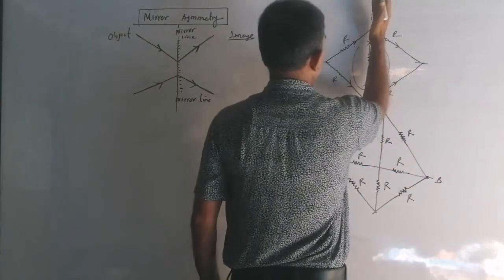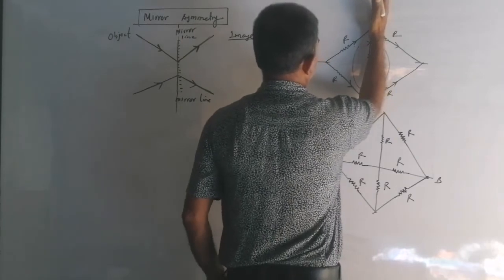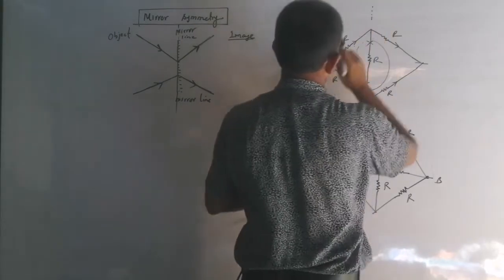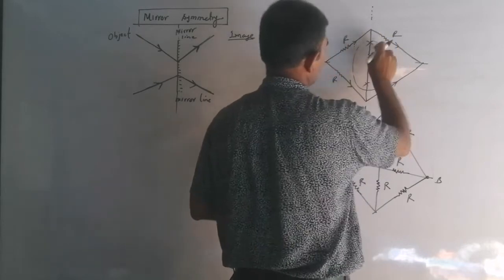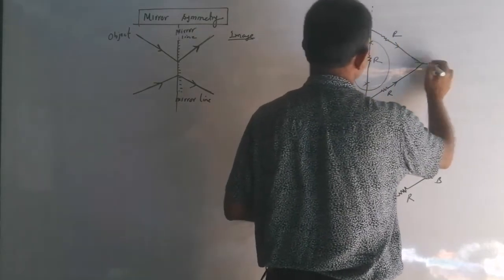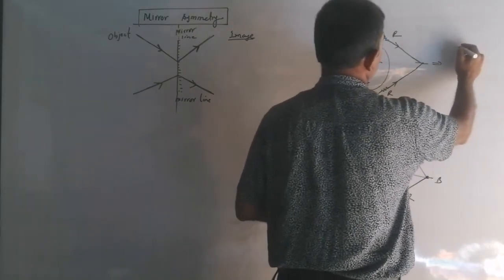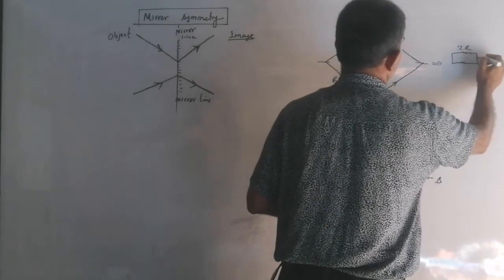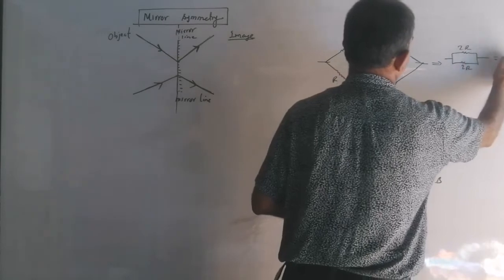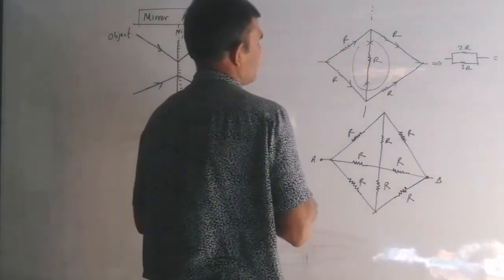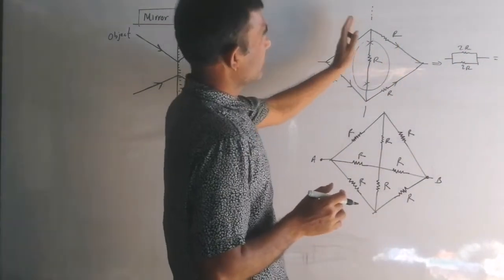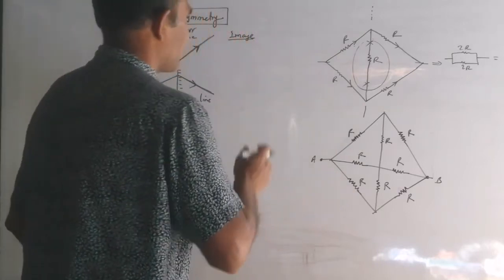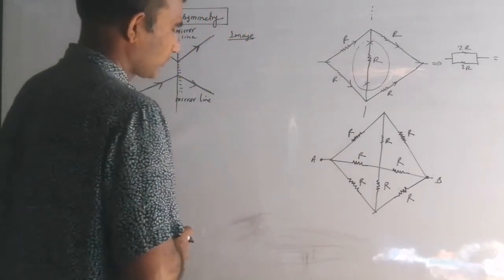Again this time, if I put the mirror over here and see symmetry from left side to right side, then what can I find? There is no use of this resistance. This question we have already solved. R plus R becomes 2R, and down also 2R, and you know the equivalent resistance R, which I have already found. I chose this question to make you understand the symmetry. Now we are using the same technique here.